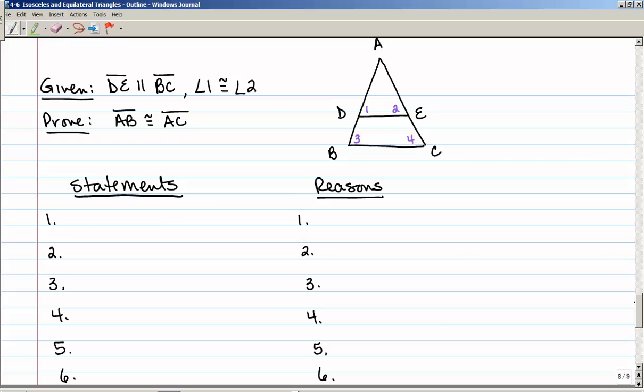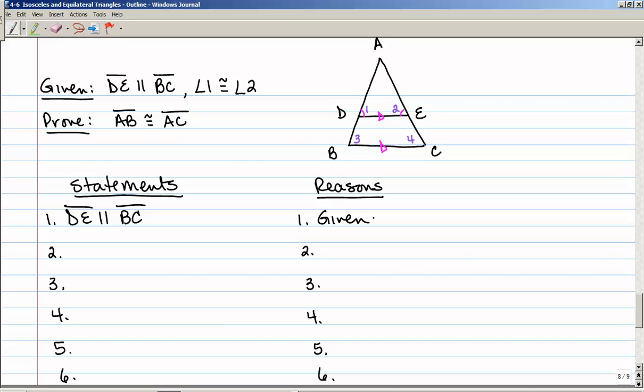And here's a proof. It's given that DE is parallel to BC. I'm going to go ahead and mark that. And that angle 1 is congruent to angle 2. And I have to prove that AB, the long side on the left, is congruent to AC, the long side on the right. Okay, I'm actually going to split up my given for this one. I'm going to start with DE is parallel to BC,